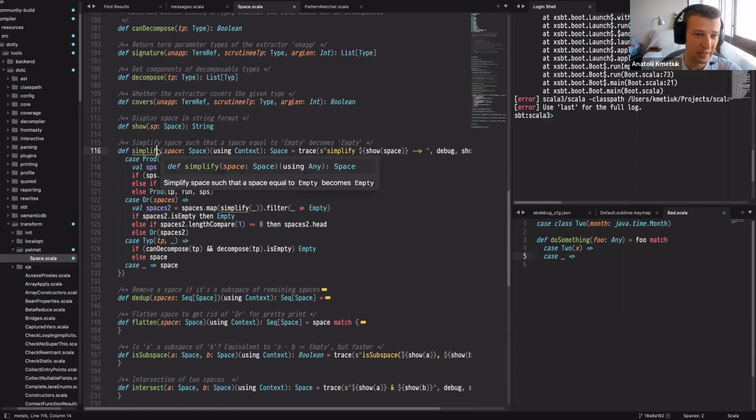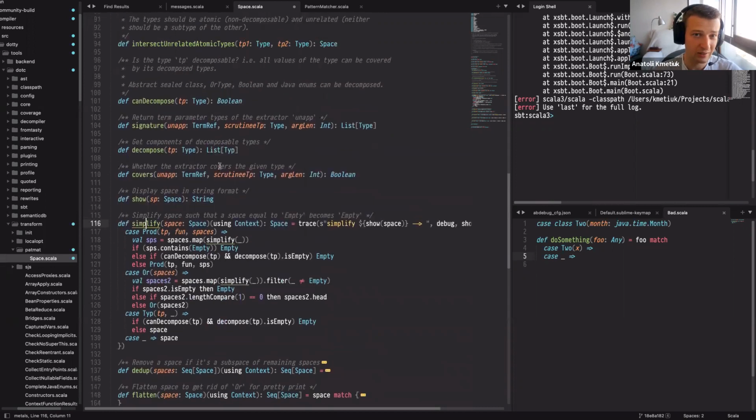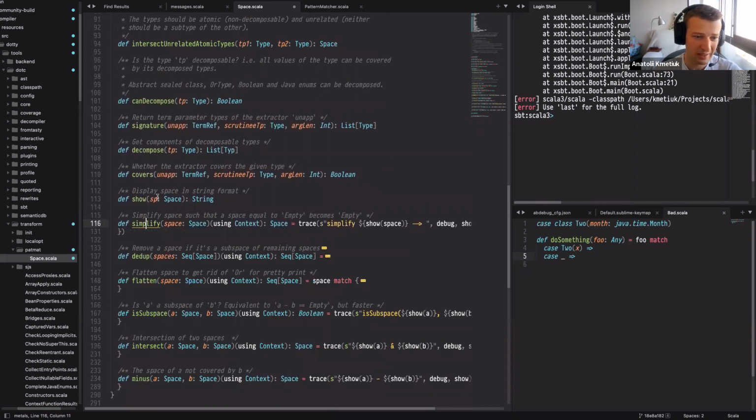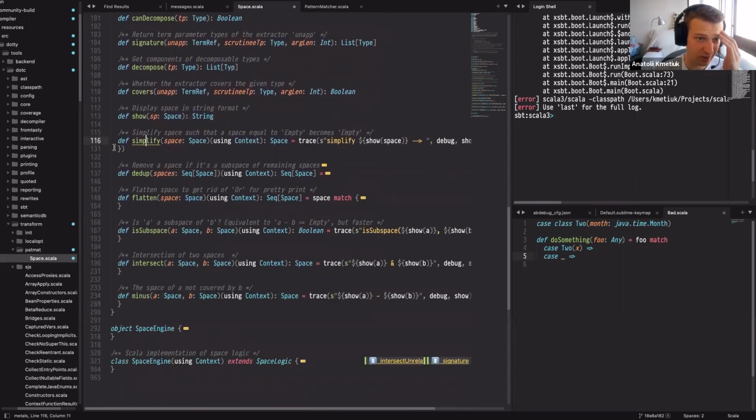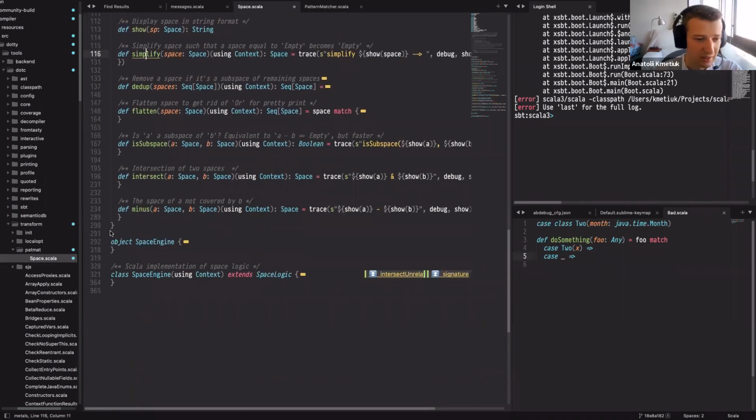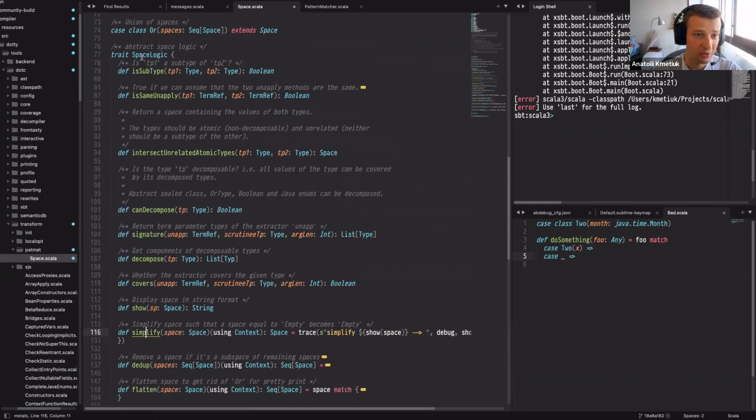The reason why I'm focusing on algorithms is because they're usually the most complicated part in the compiler, and so you need to know which algorithms are in the area that you work in. Simplify is one of the algorithms that incidentally is important for the issue in question, because the simplification goes wrong. So now that you have understood a little bit about the structure of the space logic,